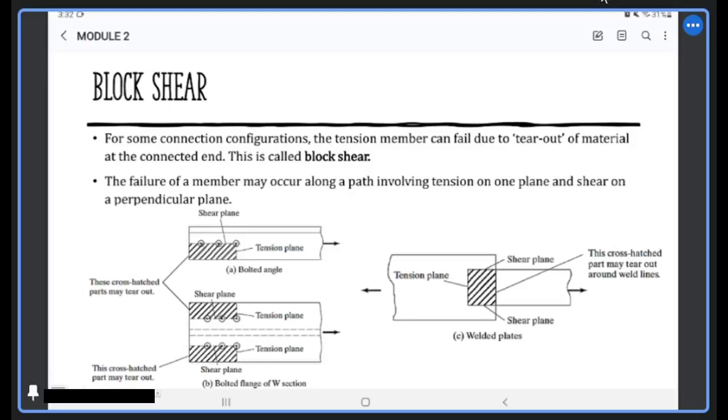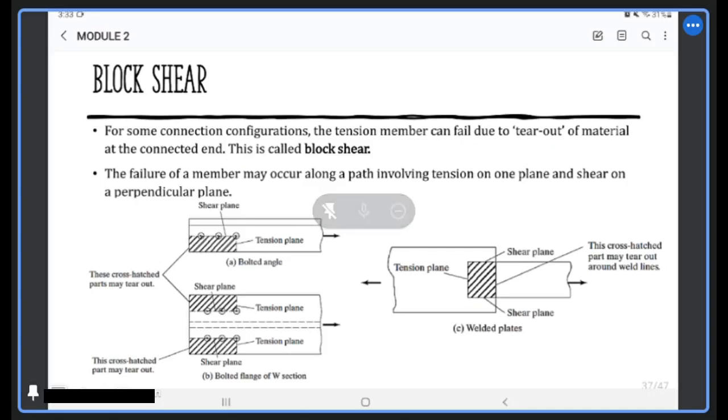Gross section is yielding and when the net section fractures, no, or ruptures, no, yung mapuputol siya. Okay, again, gross section yielding is caused by excessive deformation. Okay, tandaan nyo yan. So for some connection configurations, the tension member can fail due to tear out of material